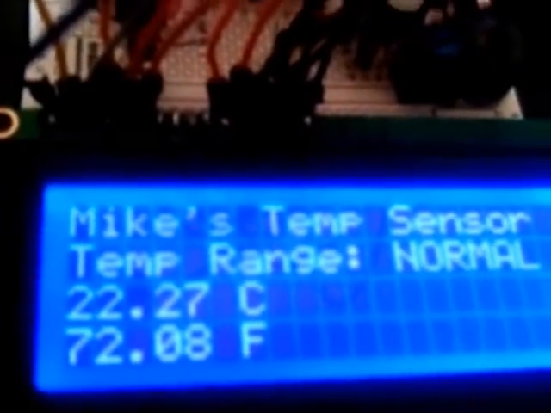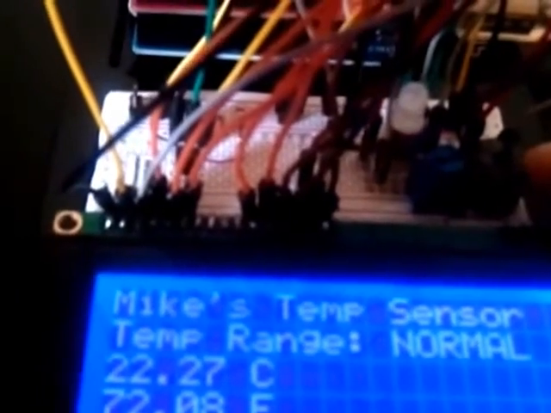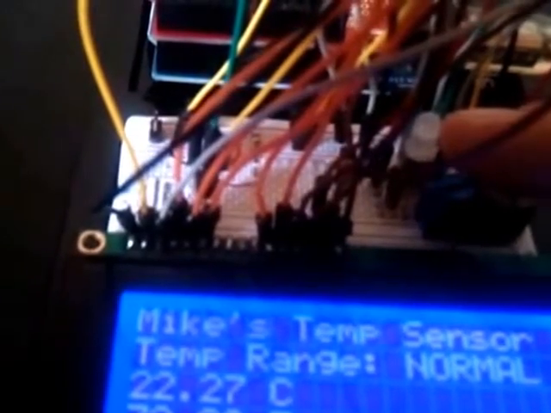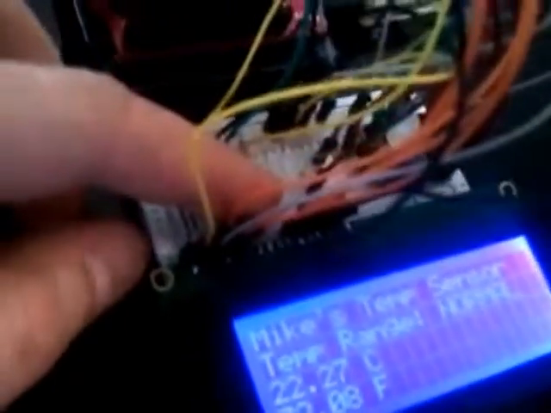Alright, here's the Arduino board. We've got our LCD here. I've got a speaker here which sounds if it gets too hot, and a light which turns red if it gets too hot. And right here is our little temperature sensor guy, which I'm going to hold down on to try to make